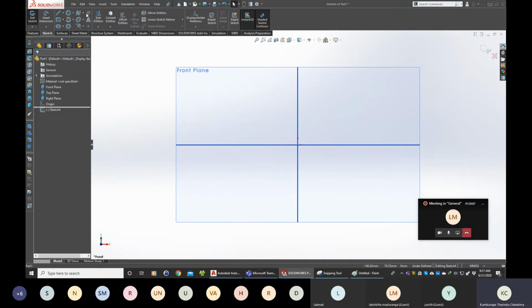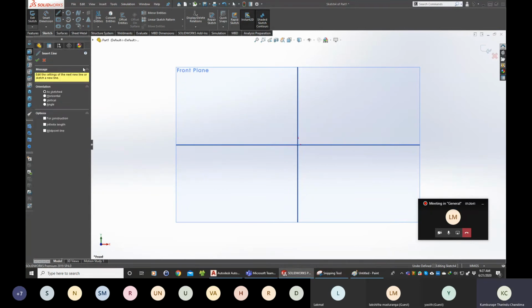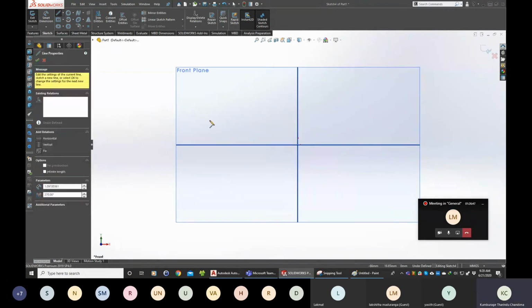So like AutoCAD, you have the same tools here. If you go to the sketch, so you have line, center line, right? Midpoint line. So the circles you have, and then you have rectangles, all sort of tools. So you have slots, polygon, fillets, ellipse, likewise in this area. So if I want to create a line, so I click the line, right? And I can click in the middle, and then